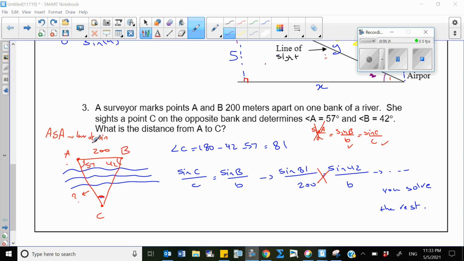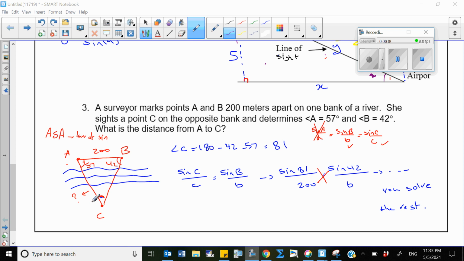We know that we use law of sine in this case. So I'm going to use law of sine, which is here. The equation is sine of A over A, sine of B over B, sine of C over C. Now we need to decide which one we want to use. Since we are looking for side B, of course we need to use this part of the equation. And we're not able to use sine A over A because we don't have side A. So we cannot use this one, but we can use sine C over C because we have side C, and